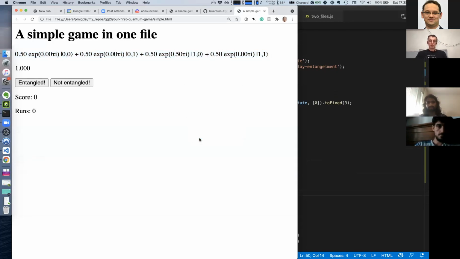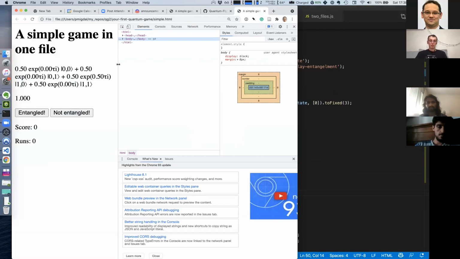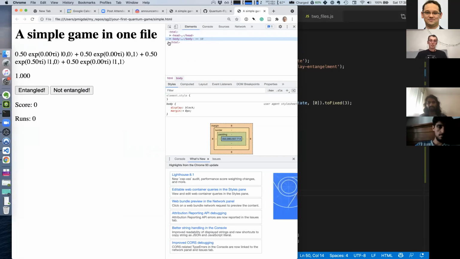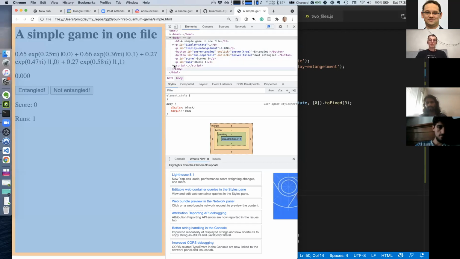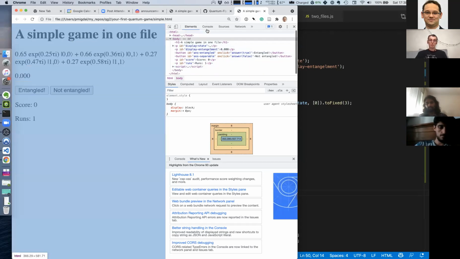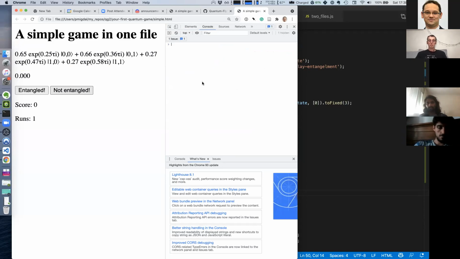Before going further with putting it all together, let's do something: inspect. You say inspect, and you can play with this code and see what's going on. For example, you can see what's in the head, what all the content is, where it is located, and what the current values are. So we can inspect what's going on. But also there is this console. In the console, we can do anything we wish. We can add two numbers just to see what's going on in JavaScript. But I can also say random 3 to see what it does. You see, it randomly generates one of